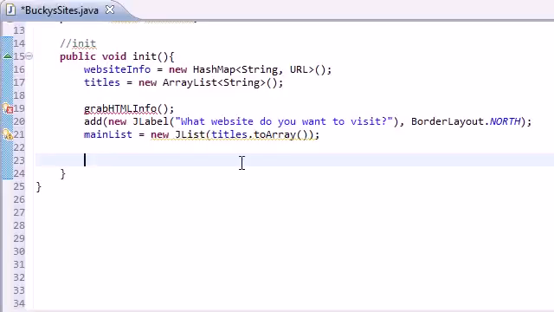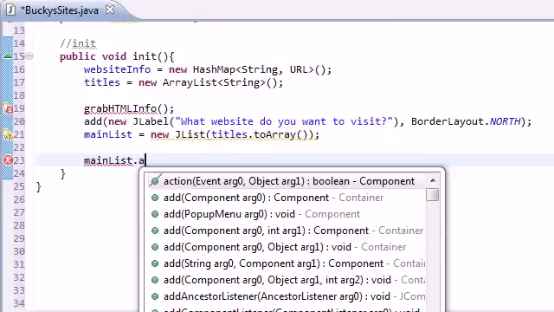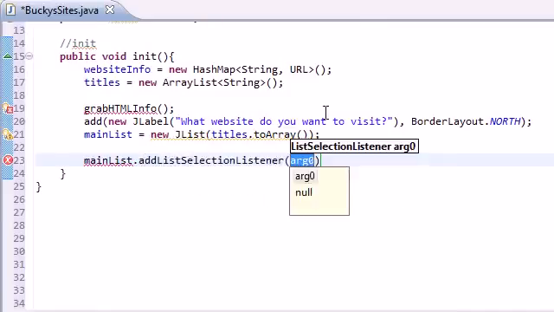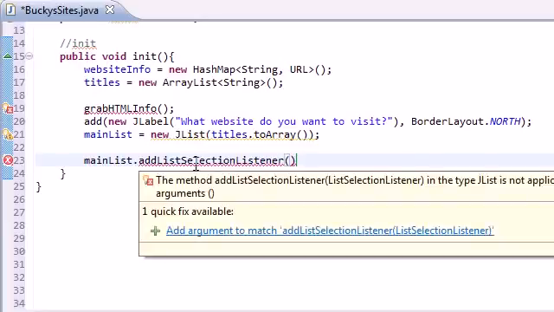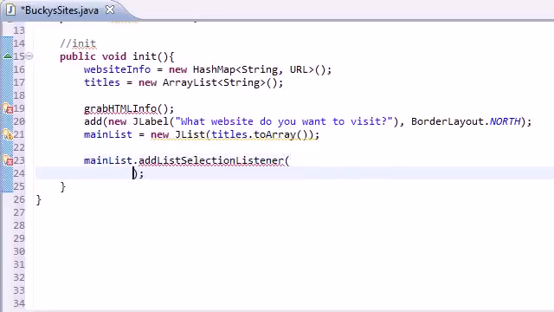So go ahead and write the name of your list, which is main list, and I easily could have typed that, and add a method called add list selection listener to it, just like that. Now, inside this parameter, let me see if it will tell you in the documentation. Well, I'll just go ahead and tell you. What we need to do is add an anonymous inner class, basically the functionality to wait for the list itself. So the first thing you do is add a new list